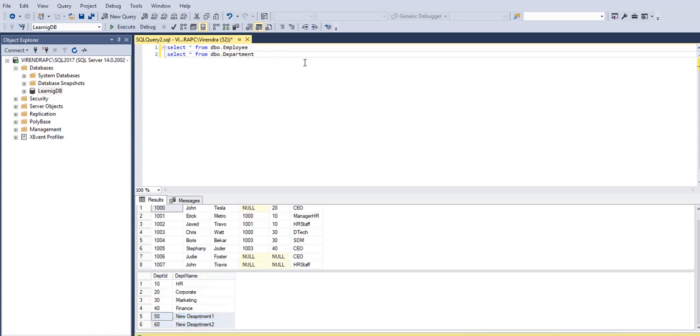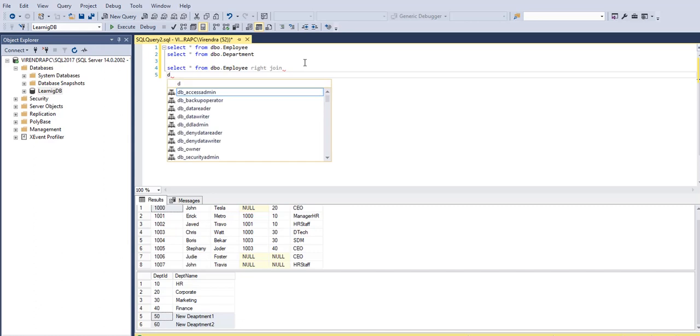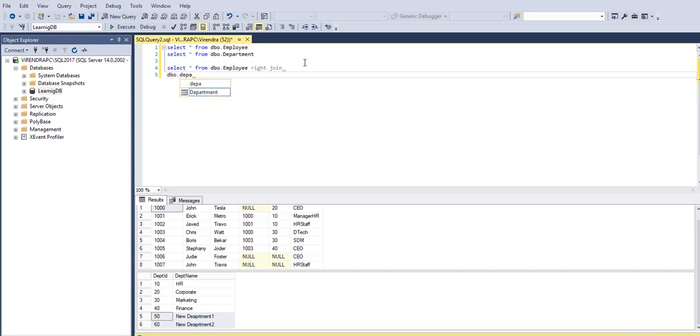So last time we looked at left join. Let's write the same query using a right join. So select star from dbo.employee, right join, and then we'll join on the dbo.department.